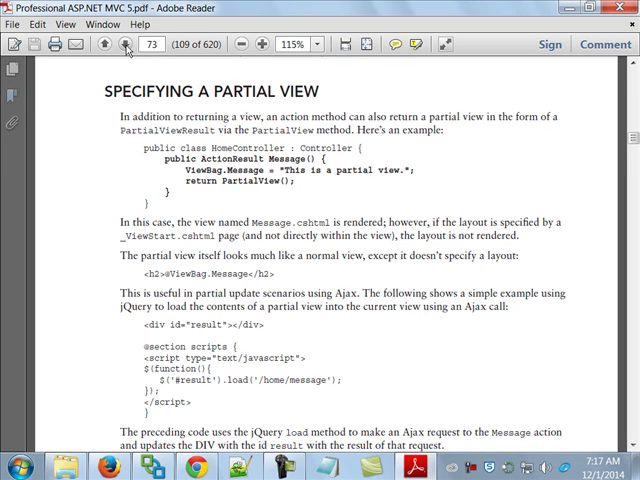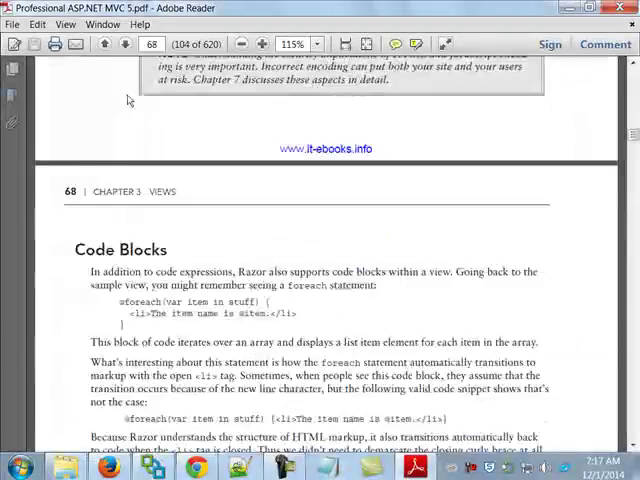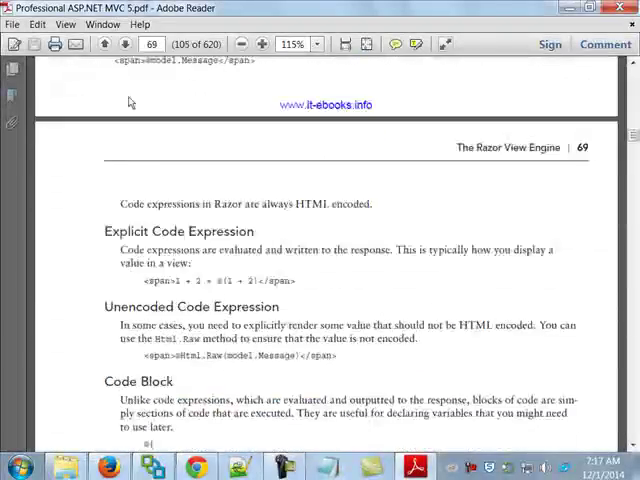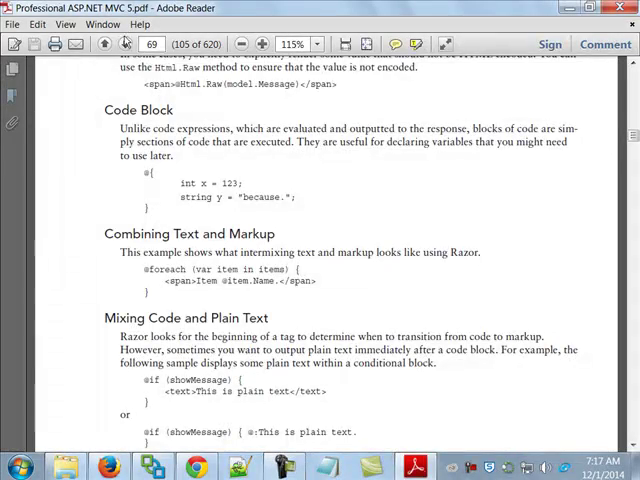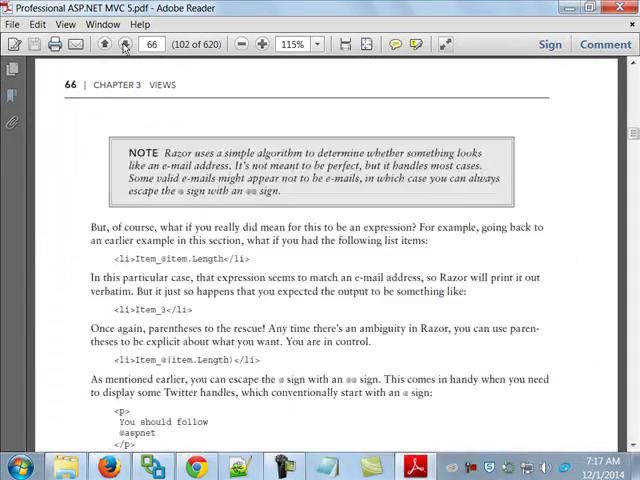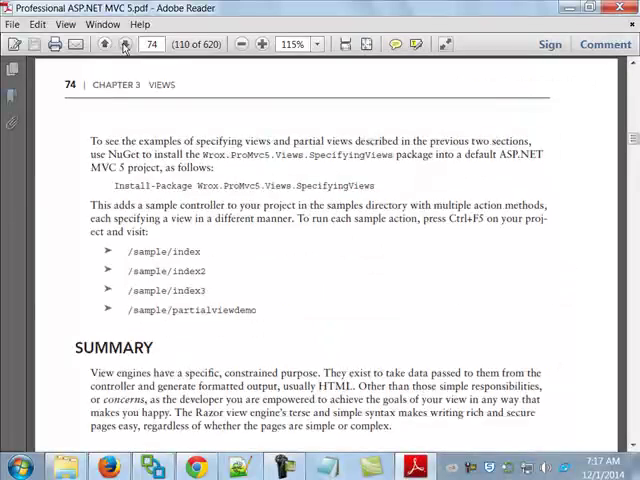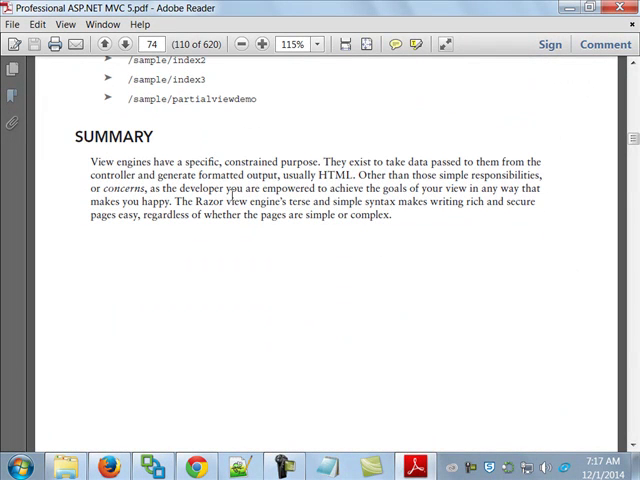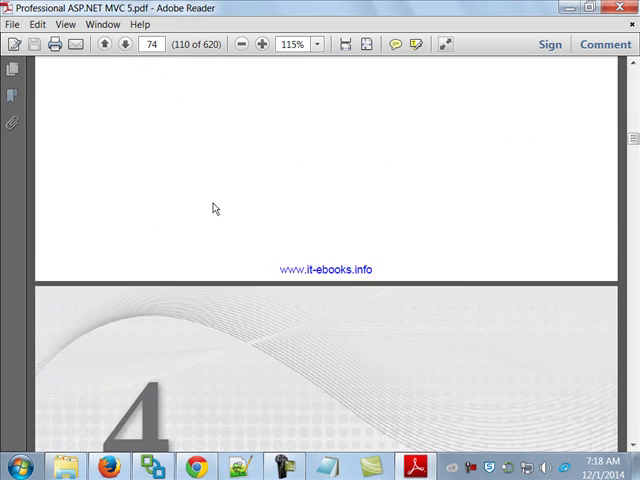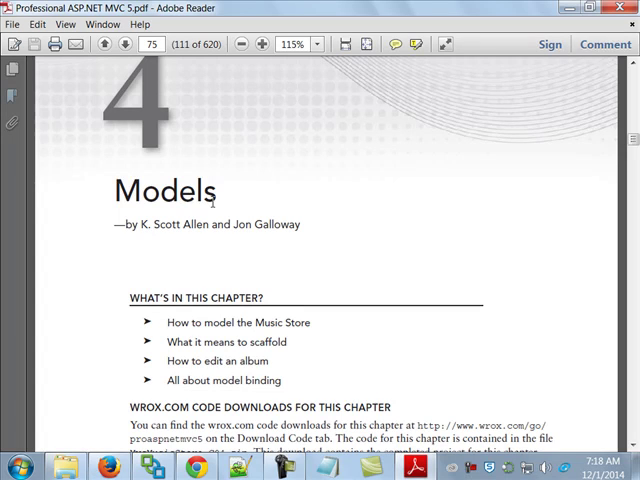So that's pretty much it for the chapter, and we've gone through everything that's here. So, as mentioned, view engines have their purpose. They exist to take data passed in from the controller and generate formatted output, which is normally in the form of HTML. All right, tomorrow when I come in, I'm going to go over the models chapter and then the